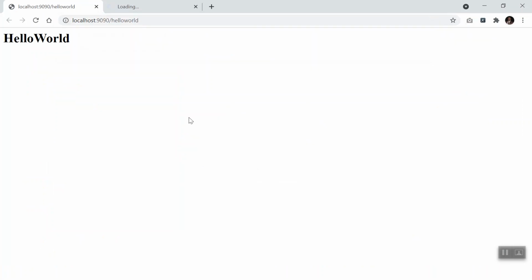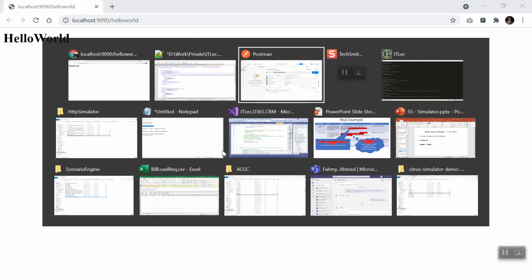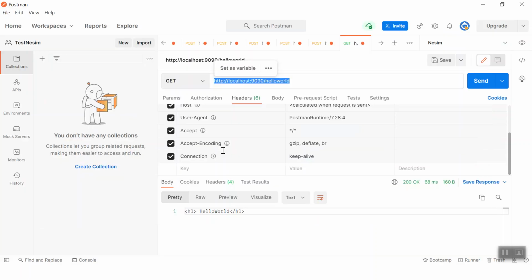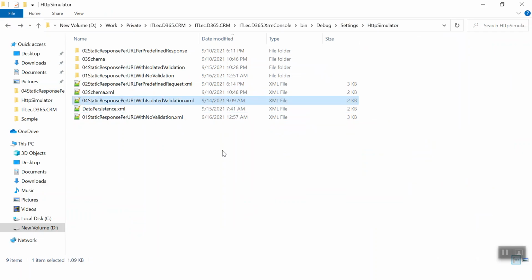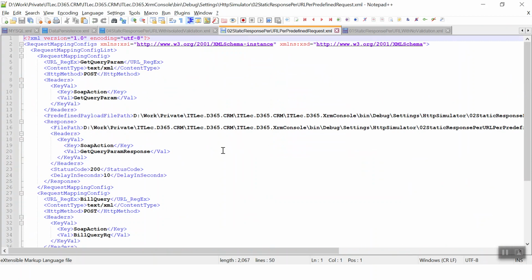So I can use this for any HTTP for example, or HTML static pages. So this is one of the uses. Another use, for example, I can simulate API. So for example, if I have a specific API, I will get a specific response. So this is the first one. Second one here, if I have predefined